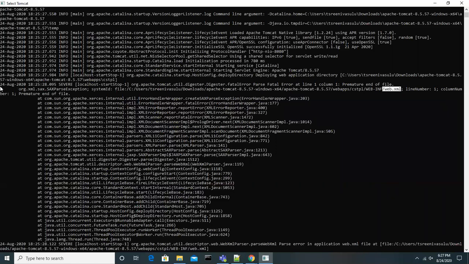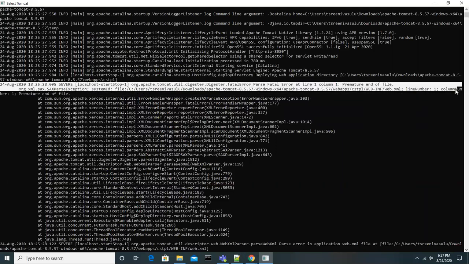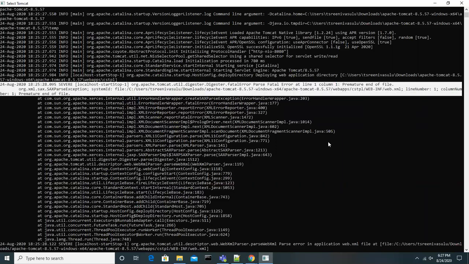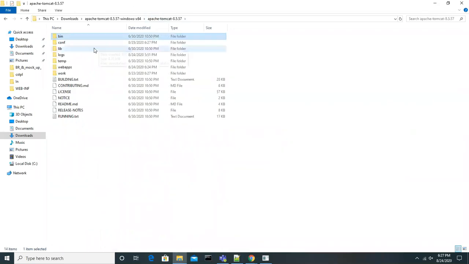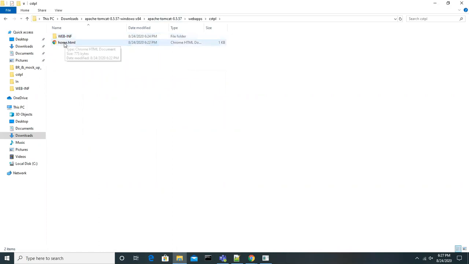So that means the server is trying to do something with the web.xml when you deploy that. Are you getting me? The server is trying to read the web.xml when we deploy that.